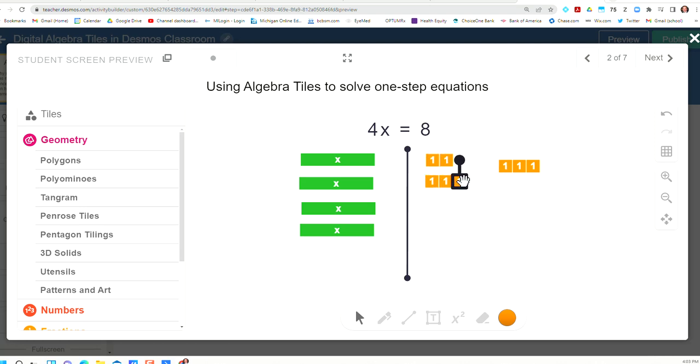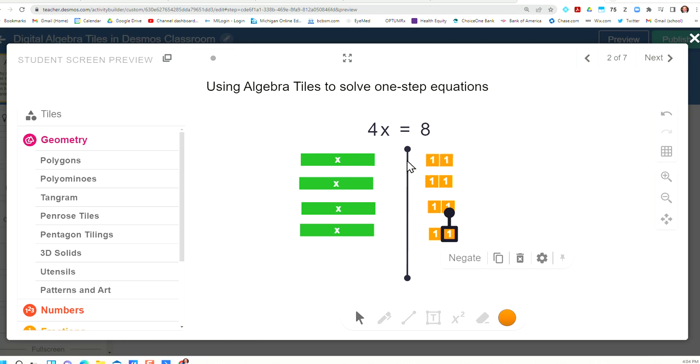Now, if students do this incorrectly, they'll find when they drag them like so, that all the groupings here aren't the same. So that's a visual aid to tell them something's not right. So this second grouping here has 3 1s and the bottom one's short a number, so they can simply drag another one down here. So what we're asking students to do is visually see that 1x is equal to 2